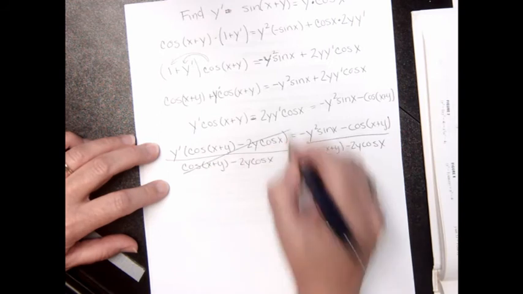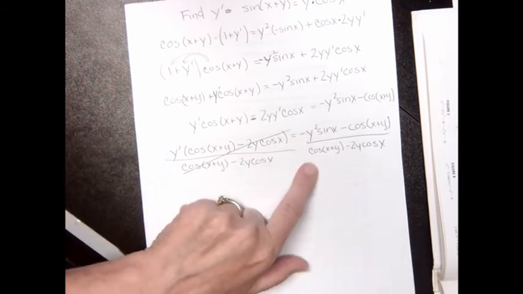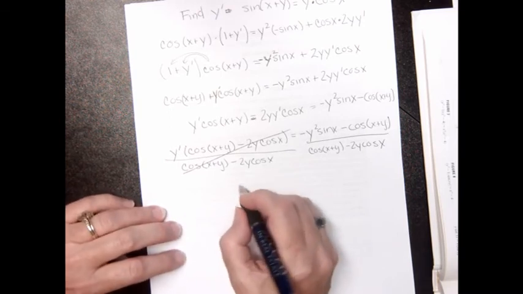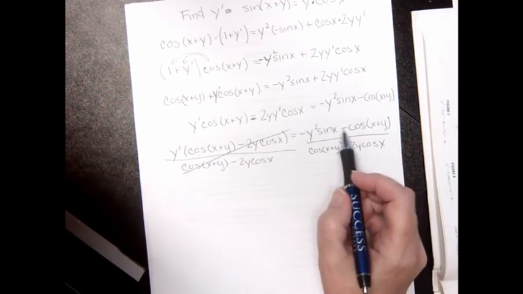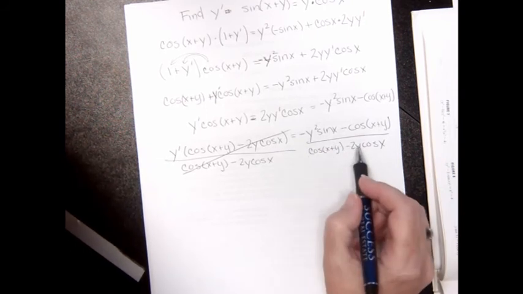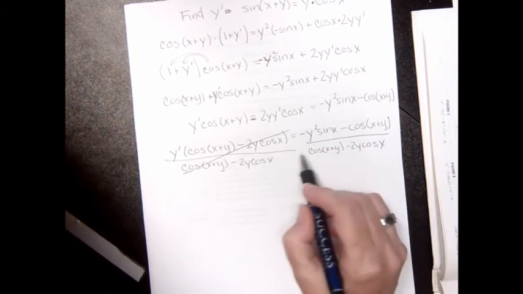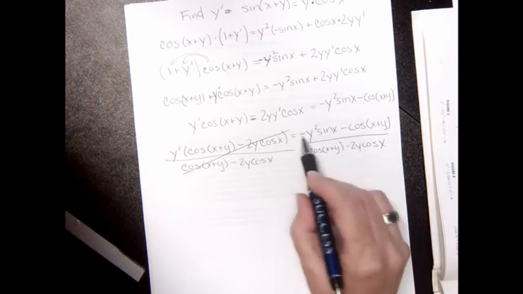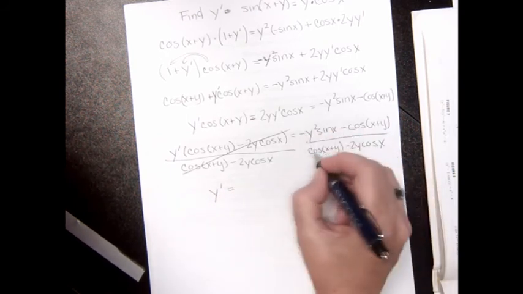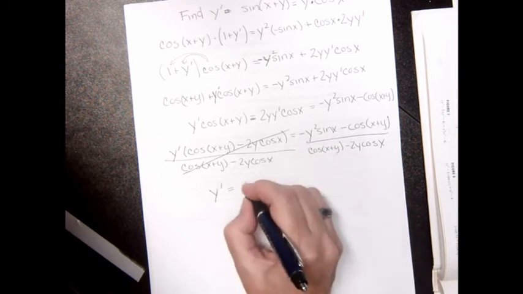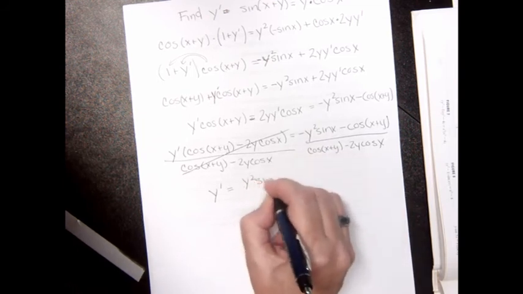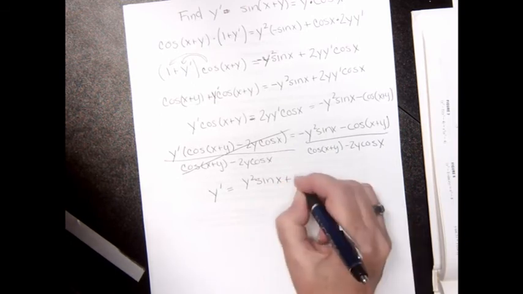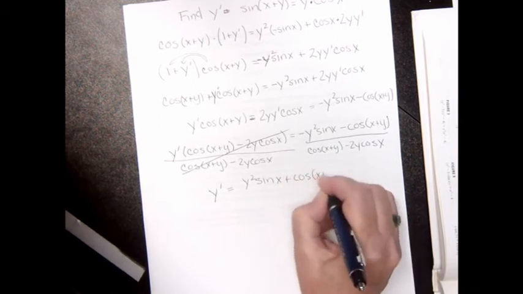And when I do that, I will get this for y prime. Let's see how I did. I'm going to factor out a negative and then reverse these by factoring out a negative so that we can have less negative values, because it just causes less mistakes. So y prime, when I factor a negative out of here and reduce it, I will get y squared sine of x plus cosine x plus y